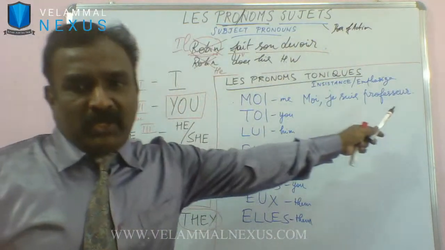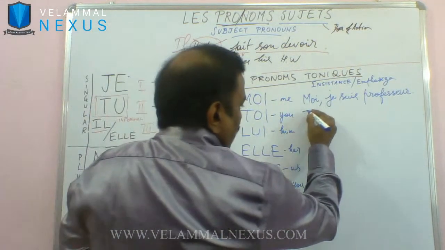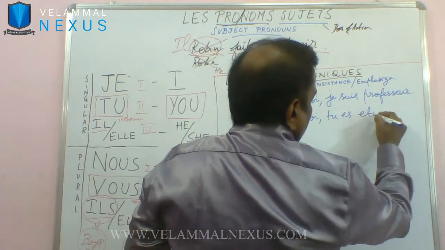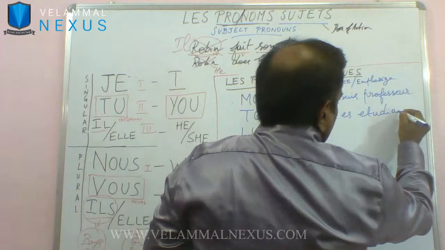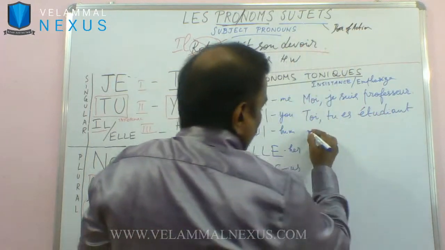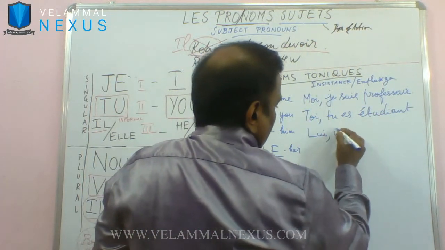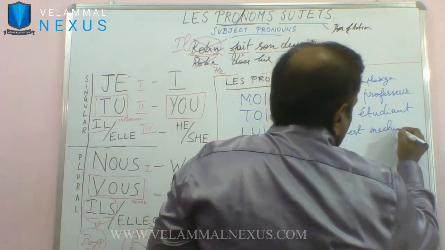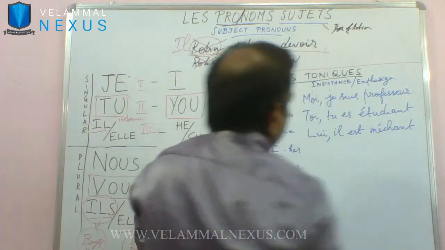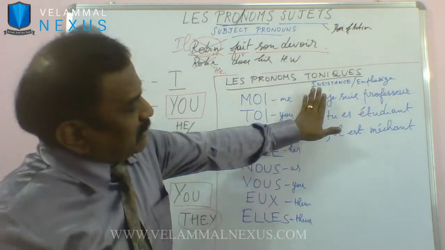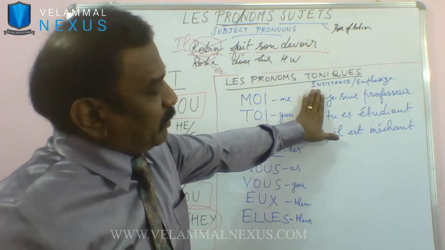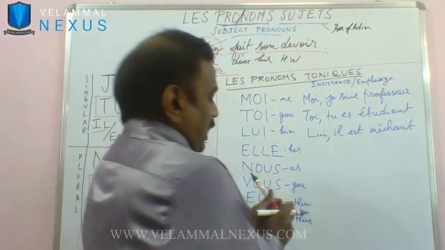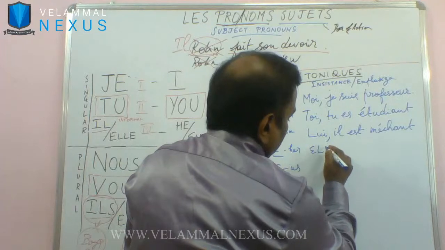Me, I'm teacher. Toi, tu es étudiant. Lui, il est méchant. Without this, the sentence has got meaning. Je suis professeur, tu es étudiant, il est méchant, elle est beau, you have the meaning, but